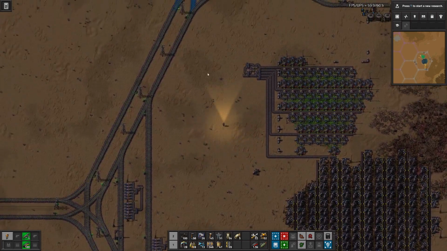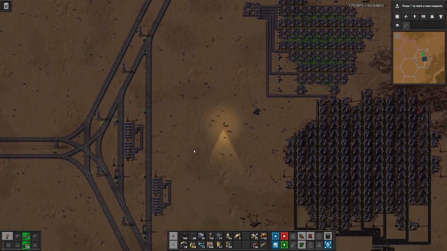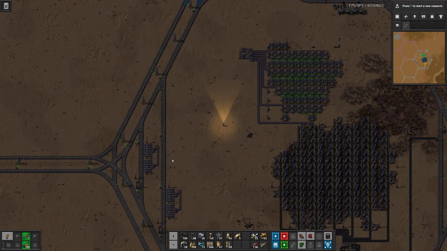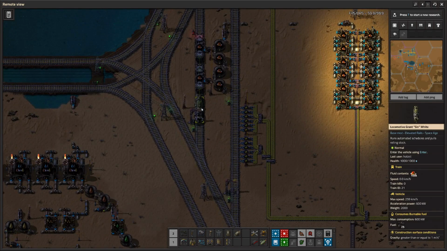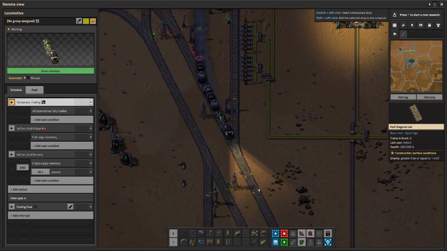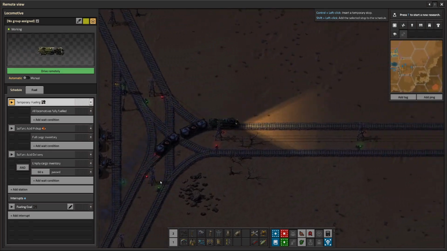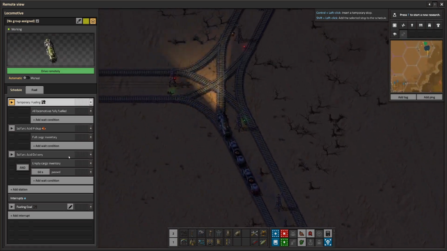And I think what we will have here is the initial processing, but then also the enrichment, so we can just ship the 2 different uranium ores that we have. So to get this running, we just have to set this train to automatic, and of course it first wants to go to the fueling station. But coming out of the fueling station,